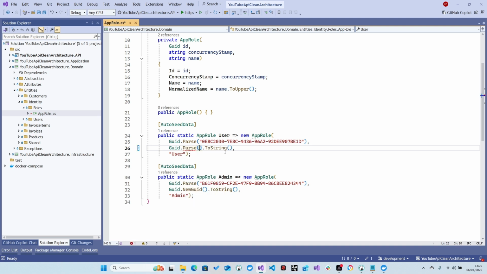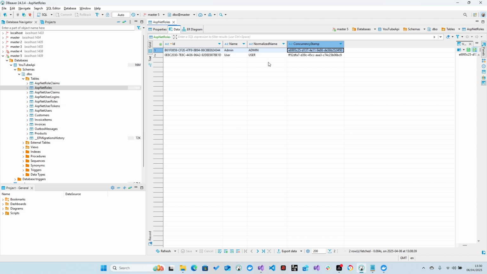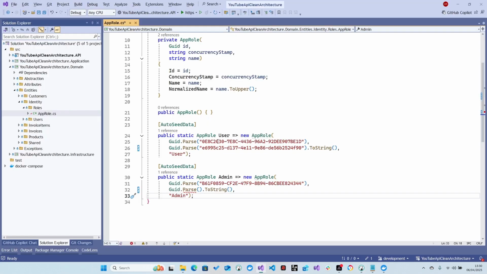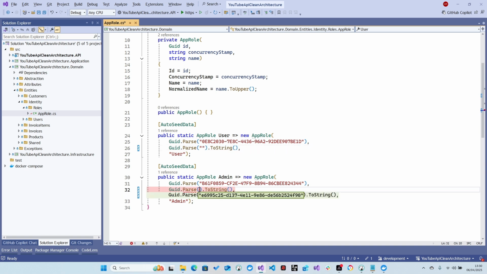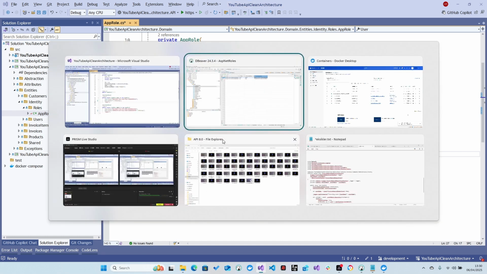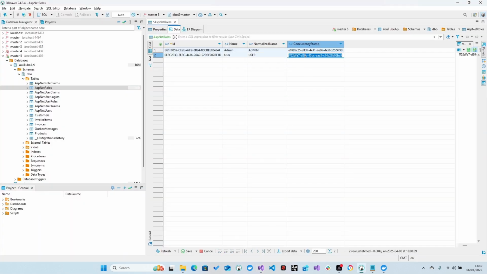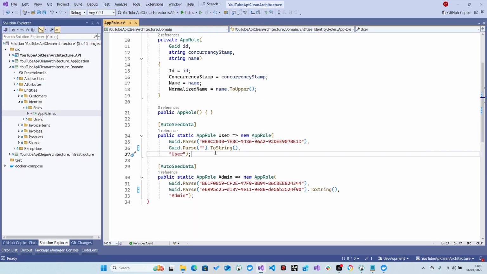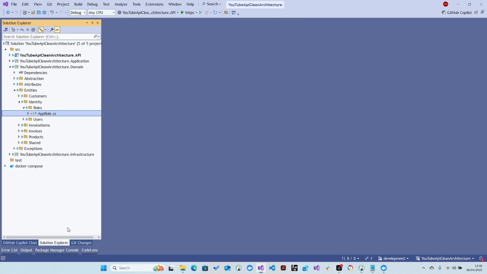I'm going to give a static stamp, and this is the admin, right? Let's have a look at the admin. Okay, sorry, this is the user, so I'm going to get this one for the admin. This is the user, so I'm going to get the user stamp for the user. Let's save everything. So if we run the migration one more time,